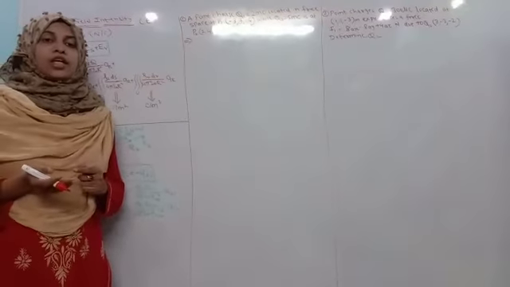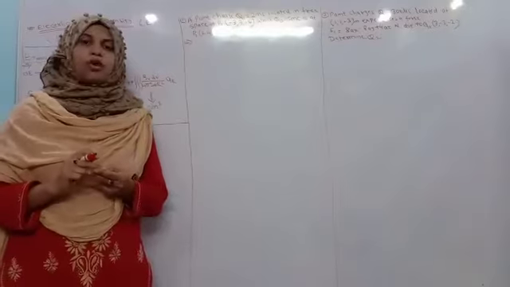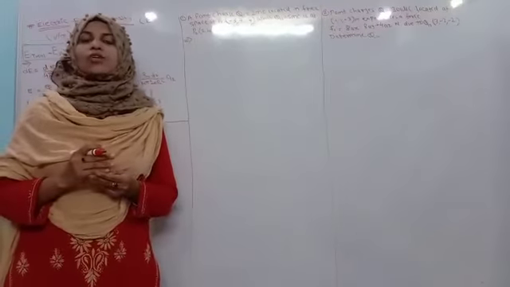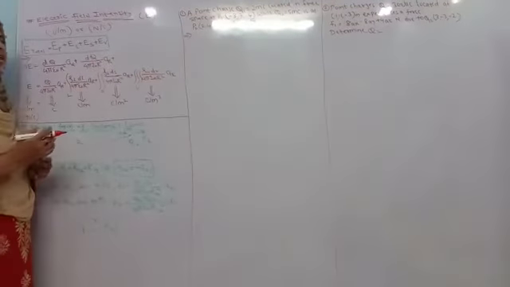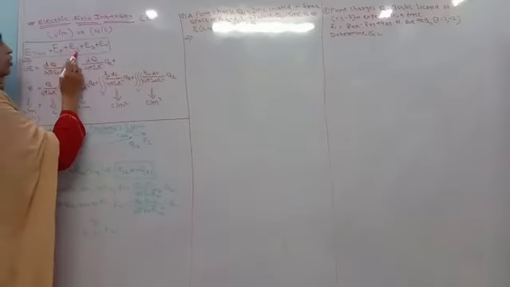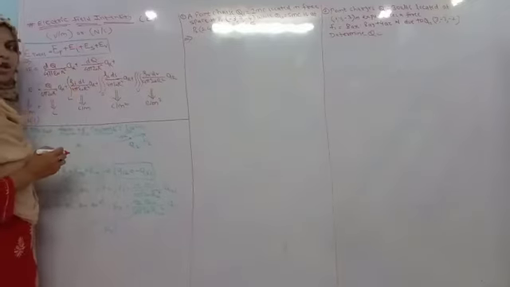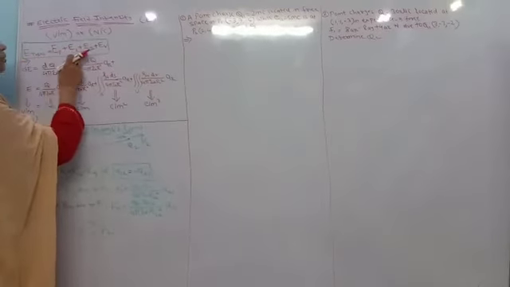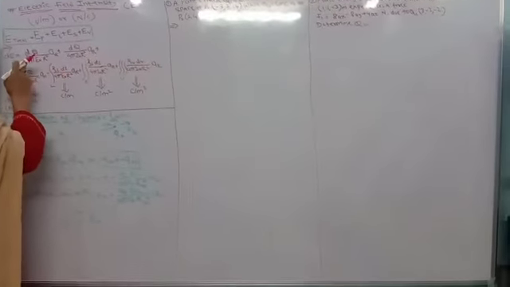Already in the last session we have seen how the total electric field intensity can be calculated. If you observe, the electric field intensity can be calculated at the point charge, at the line charge, at the surface charge as well as at the volume charge. So in short, the total electric field intensity can be calculated with respect to the point charge, line charge, surface charge and volume charge. The notation is E total is equal to EP plus EL plus ES plus EV. How we can calculate that, we have already seen in the last lecture.